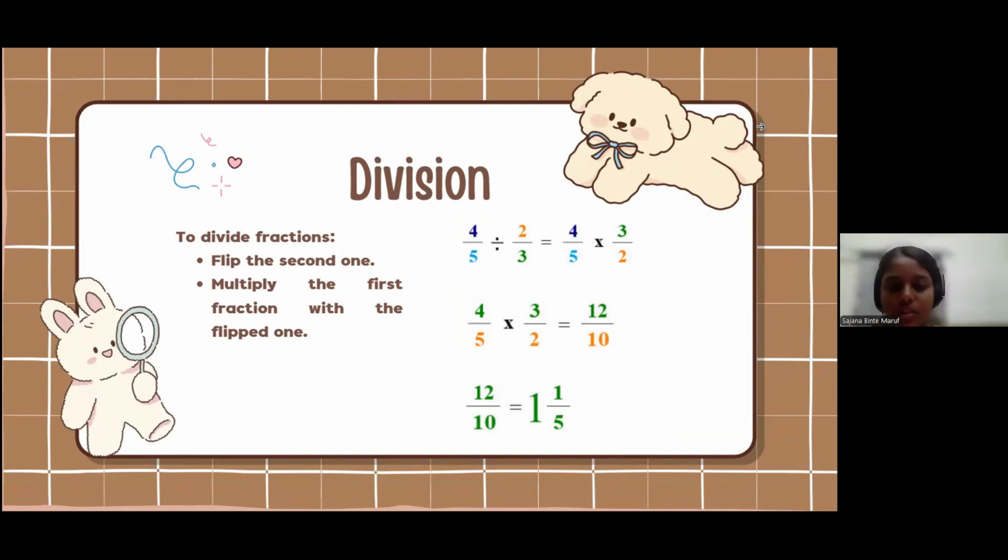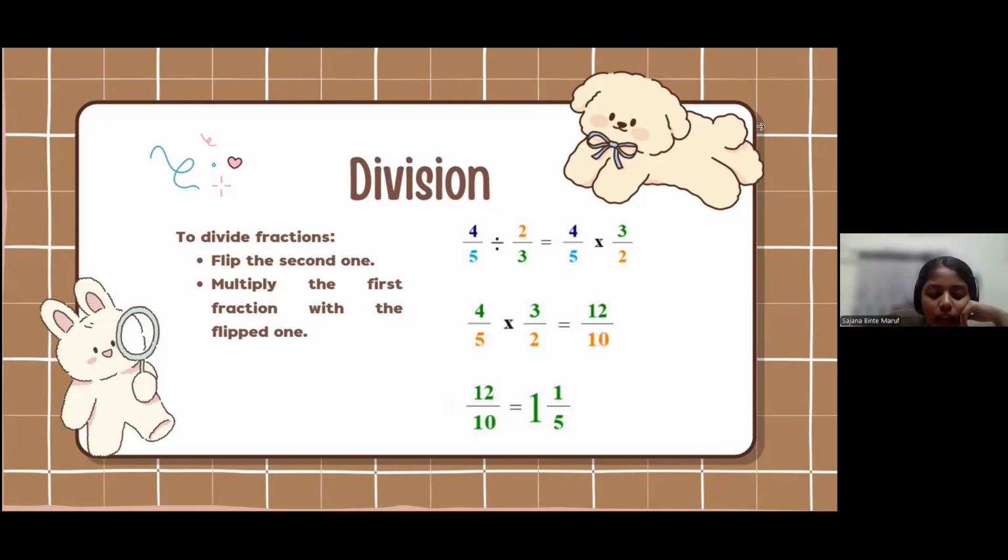Division. To divide fractions, flip the second one and multiply the first fraction with the flipped one. Just like if you think about how to divide 3 by 4 by 3 by 5, first we have to flip the second fraction. The reciprocal of 3 by 5 is 5 by 3. Then multiply instead of divide, which is 3 by 4 times 5 by 3. Then multiply the numerators and the denominators, which is